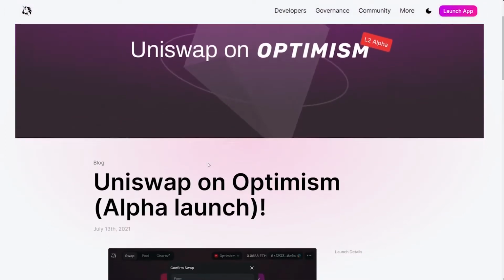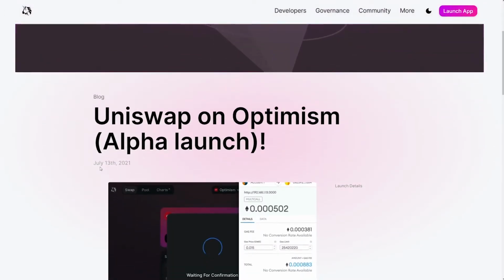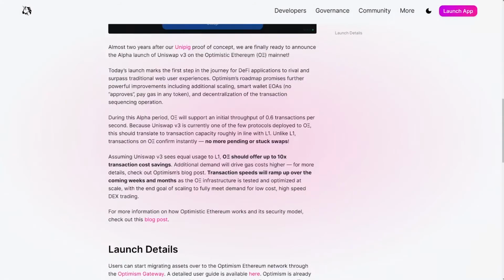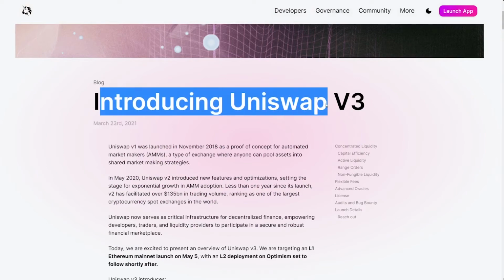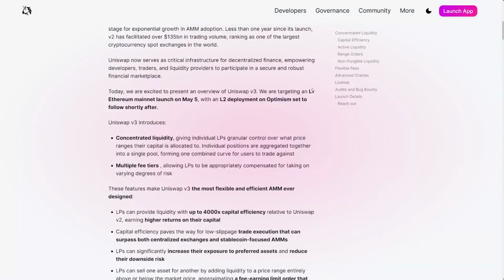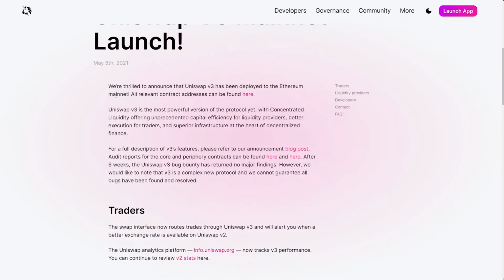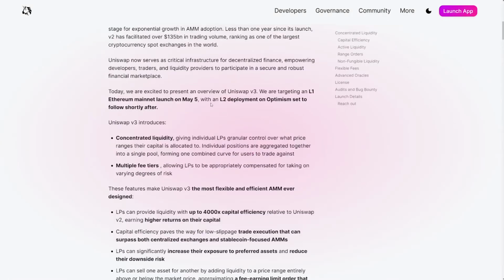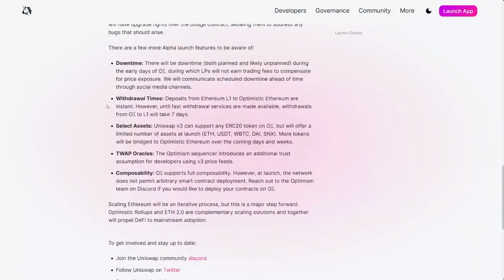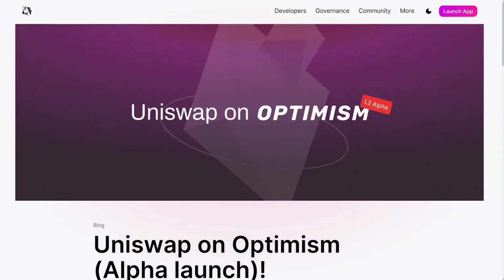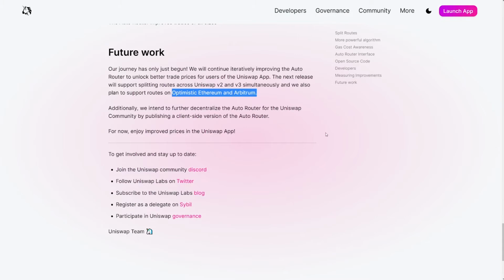And also they have launched on Optimism, so that was in the middle of July, and this was actually mentioned all the way back in March when introducing the Uniswap V3, where at first they launched the Uniswap V3 on the Ethereum mainnet, which actually happened on May 5th, and later they deployed this layer 2 solution on Optimism shortly after, so that happened in the middle of July. So far they are pretty much on track, and that's about it from the news, so we can now jump